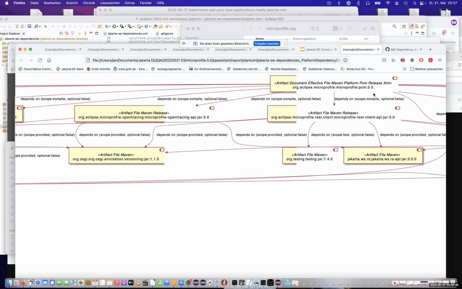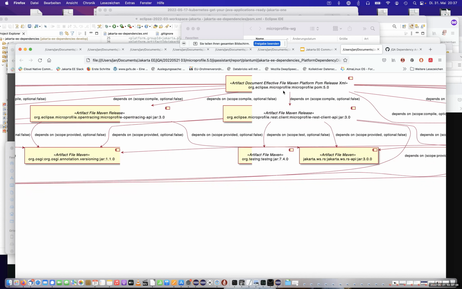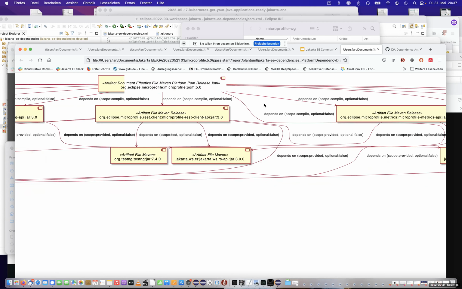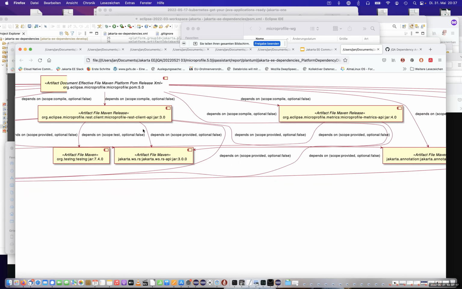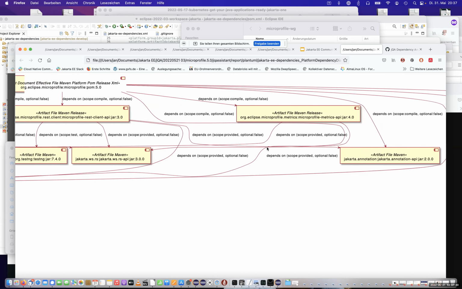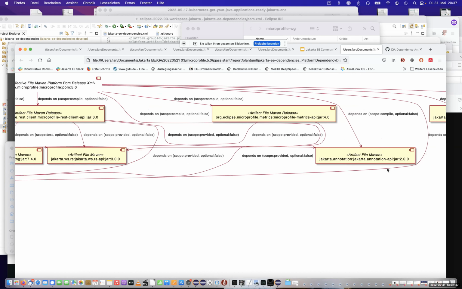OSGi reference. Sorry, my browser takes a while for rendering that correctly. Yeah, here we have REST. But that's a test dependency only. The REST client and the REST backend side, metrics, annotations.